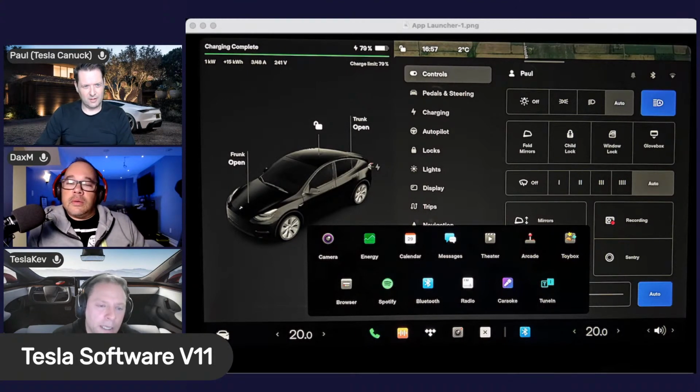Oh, is it really? Okay. It is. I thought it was. So there are some differences. If there are, I didn't notice, because I've driven the redesigned S, and this is it, right? This is V11. They rolled V11 out with the new S, and this is it. It's exactly the same, unless I missed something. But this thing has been out for quite a while,